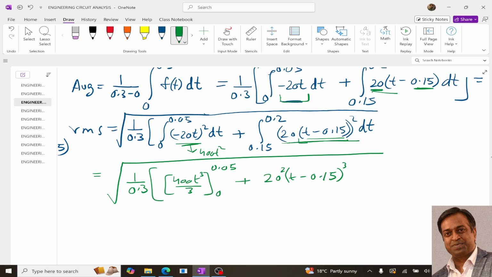Over here we will take the integration of only the t side, right? So the coefficient of t will remain as it is, so 20 square, and it will be divided by 3. So if you calculate the integration you will come out with this, and the limits are 0.15 to 0.2, right? And if you solve this complete thing, just to save time,